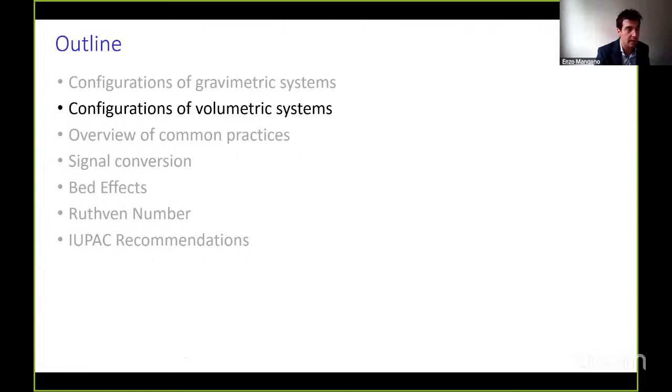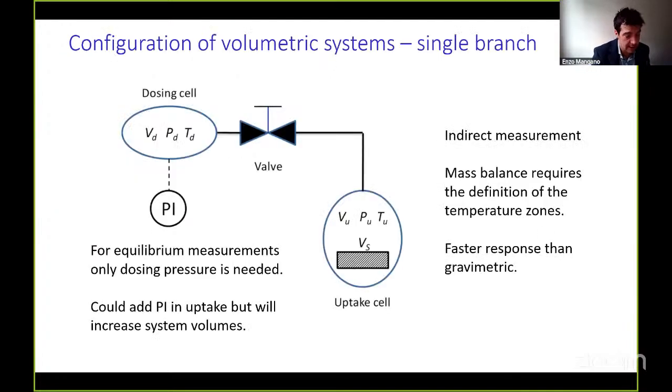Following a similar approach, we now look at the configuration for volumetric systems. Volumetric systems are much simpler in design, and they normally involve a dosing volume with a pressure transmitter, a valve in between, and an uptake volume where the sample is placed. The principle of operation is really simple. A known amount of gas is dosed in the dosing cell. The valve is opened, and put in contact, the gas flows to the uptake cell, and